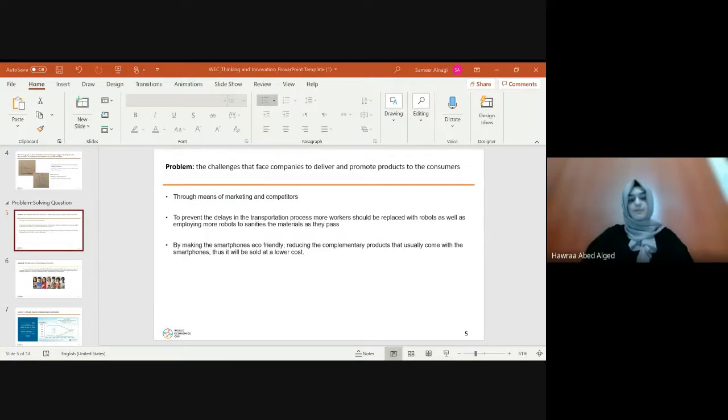Now, lastly, the last problem, which is the challenges that face companies to deliver and promote products to the consumers. We provided you with three solutions. The first one being through means of marketing and competitors. The second one, to prevent the delays in the transportation process. The third one being by making smartphones